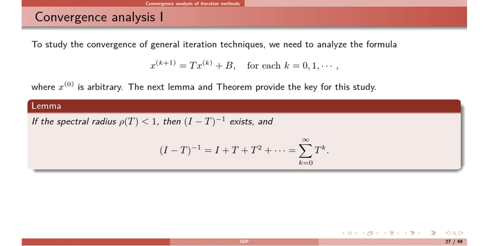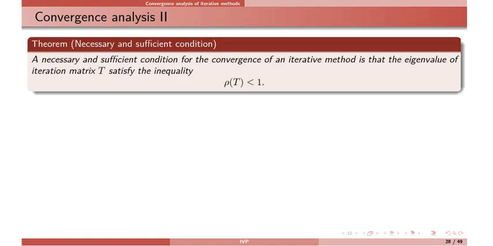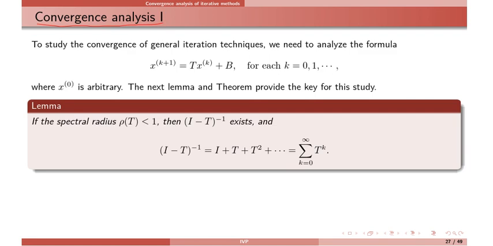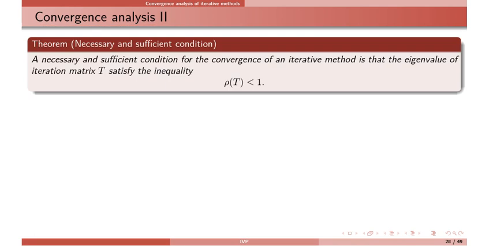So now I just state the convergence of iterative methods. As you have seen, any iterative method can be written in this form, x(k+1) equals T xk plus b, and T can vary: Tj and Tg for Jacobi and Gauss-Seidel. This iterative method converges, and this is the necessary and sufficient condition, for any initial guess, if the spectral radius of the iteration matrix is strictly less than 1.